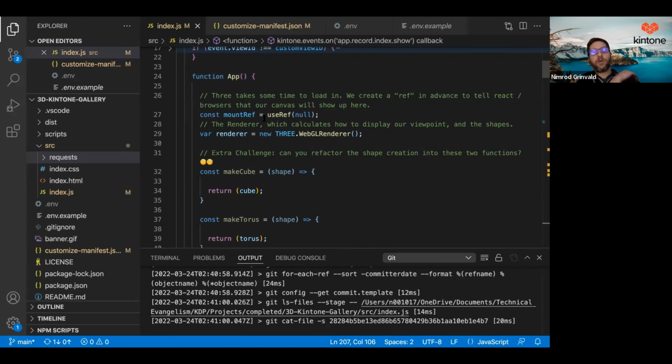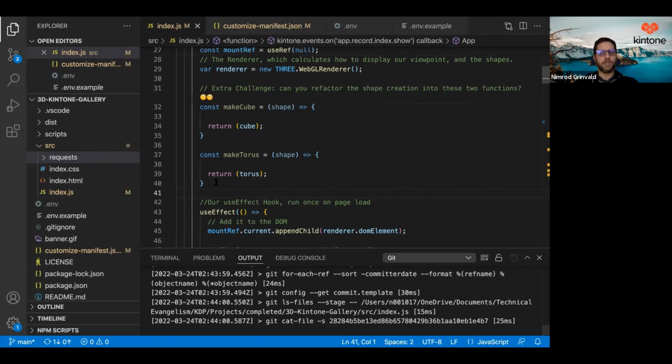And so what we're going to want to use over here is first a declaration for our scene. It's going to take some time for Three.js to mount the scene. And so we're using a React function called useRef to tell React that our canvas is going to show up in this place. And then we instantiate a renderer, which will figure out how to display what we're seeing, okay? From here, we are going to leave these two guys as an exercise